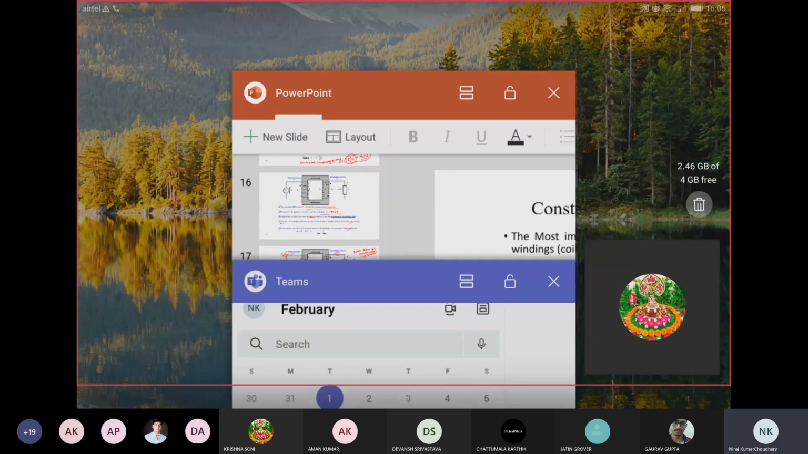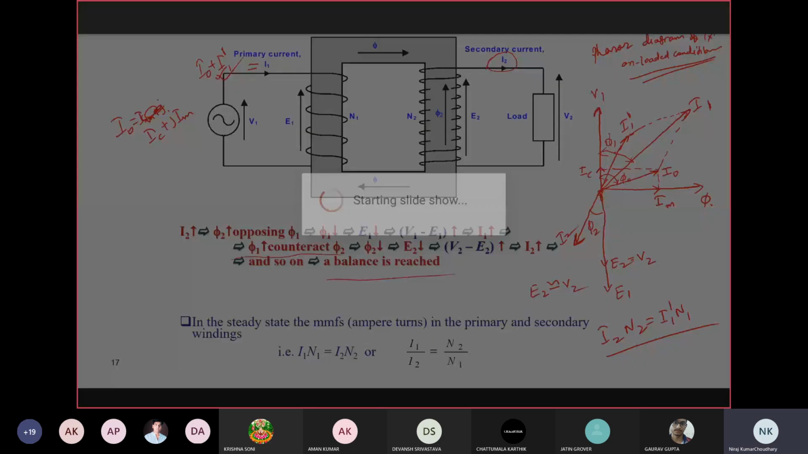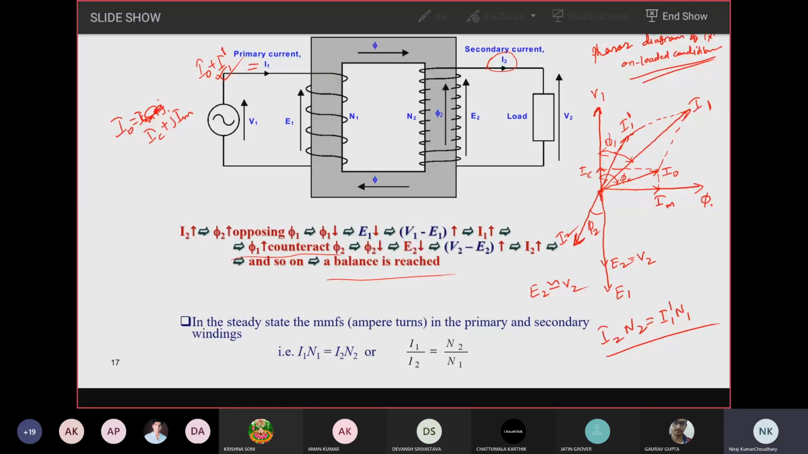In the previous class we discussed the phasor diagram as well as the circuit diagram of transformers operating at no load condition. Then we also discussed the operation of a transformer when the load is connected across the secondary side, and accordingly we drew the phasor diagram, right? So today we will see the constructional features of